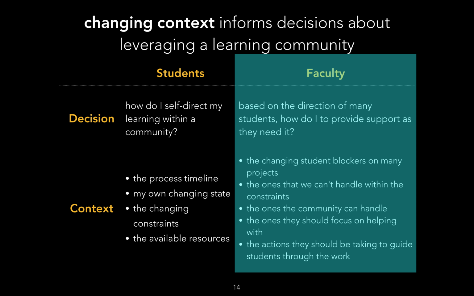So it's actually less on the left side, the design space is less about how to help students self-direct and much more on the right side where it's about, if I'm a faculty member, how do I support the progress making of students at scale? And what are the decisions that I may be able to make, assuming that in practicing students are going to make mistakes and that's okay.